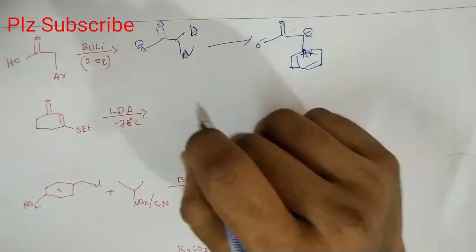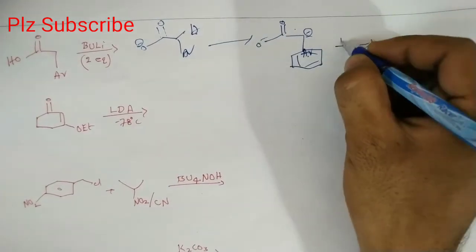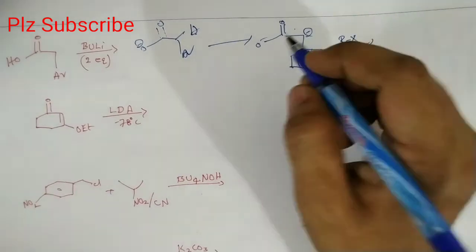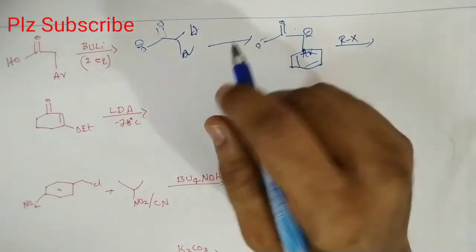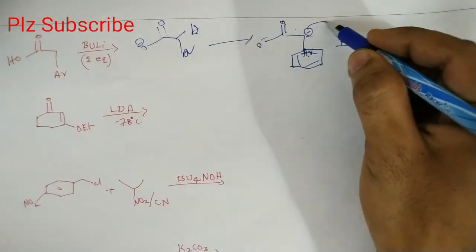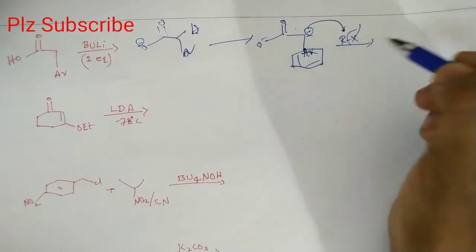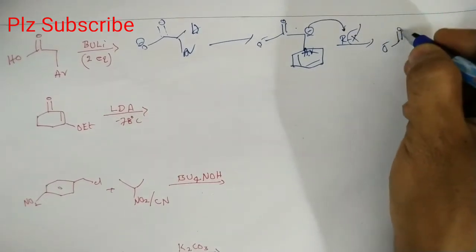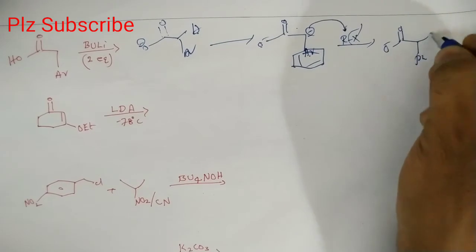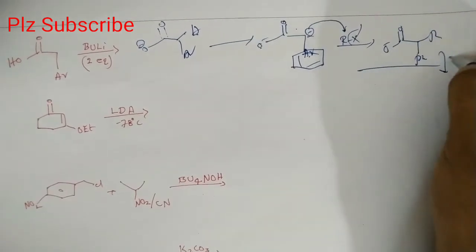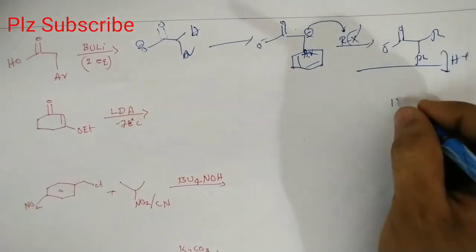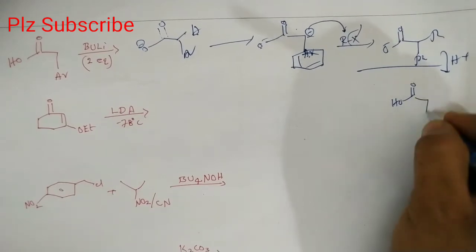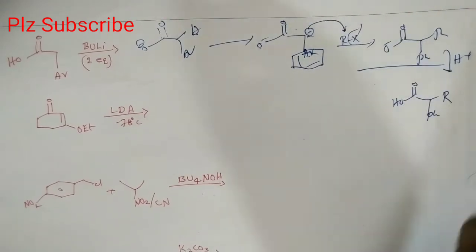Okay, that's it. So now this one on reaction with any alkyl halide. So here, O minus and C minus, which is the more nucleophilic? Here C minus is more nucleophilic. So generally, here O double bond O, here Ph, here alkyl group, followed by acid workup, we will get the OH double bond O, here phenyl, here alkyl group.